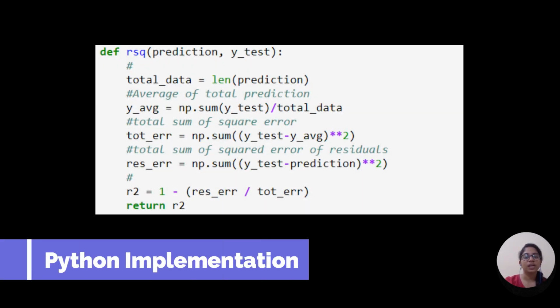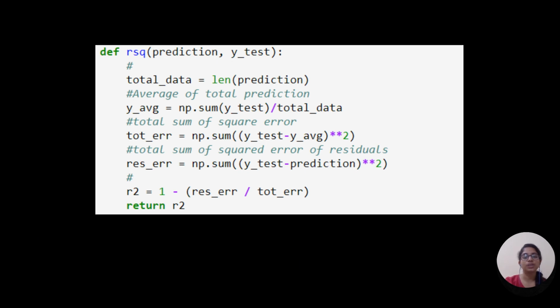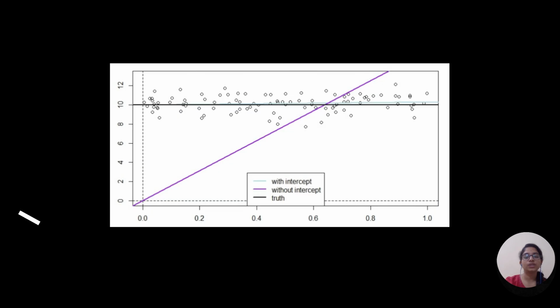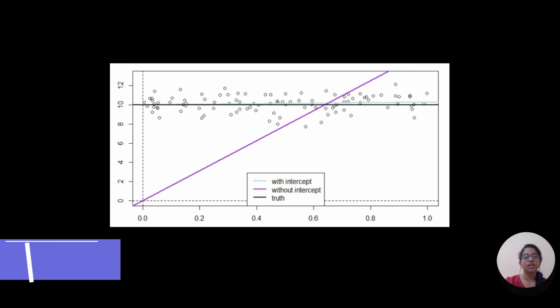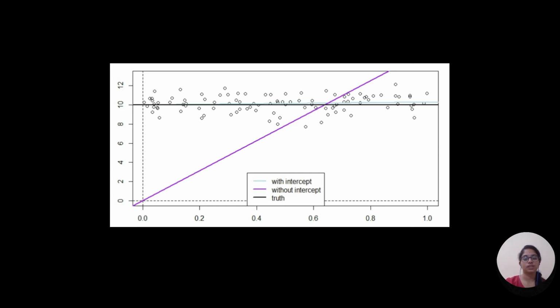The value of R2 may end up being negative if the regression line is made to pass through the origin forcefully. This will lead to forcefully making the regression line pass through the origin, that is no intercept, giving an error higher than the error produced by the horizontal line. This will happen if the data is far away from the origin.